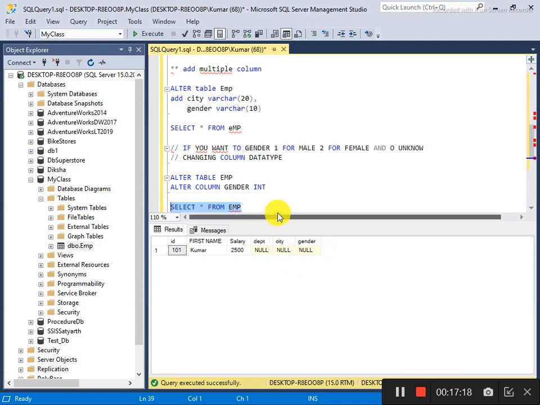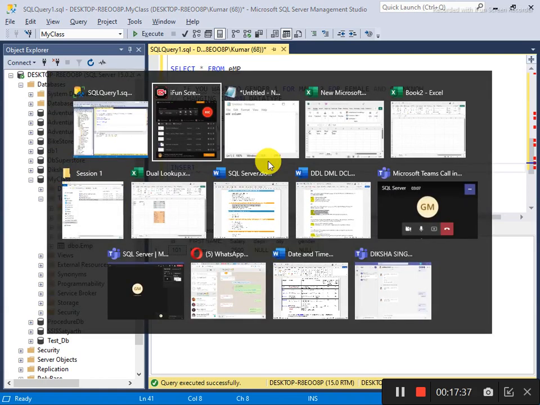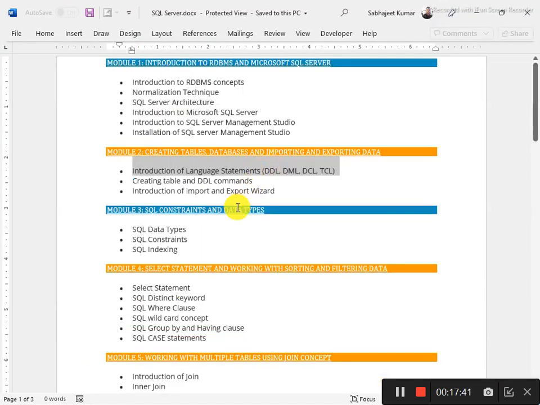So now if you want to make any entry, you can see that it's very simple to make an entry, and later we will see the advanced level of entry. I am just trying to cover how we insert, update and so many things about the DDL commands only. Basically here I am doing just the DDL commands. Once the DDL commands are over, then we will see the rest of the advanced things. Okay.